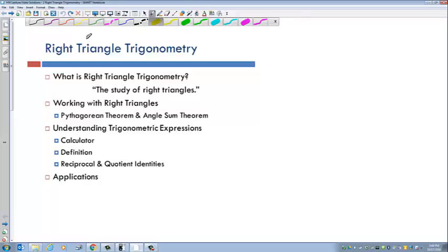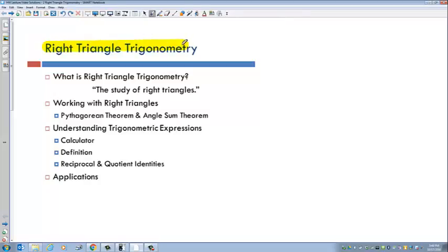Today we're going to talk about right triangle trigonometry. And so, of course, what is right triangle trigonometry? It's simply the study of right triangles. I'm sure you're familiar with this idea of a right triangle. You have a triangle, and one of its angles is a right angle, which means it's 90